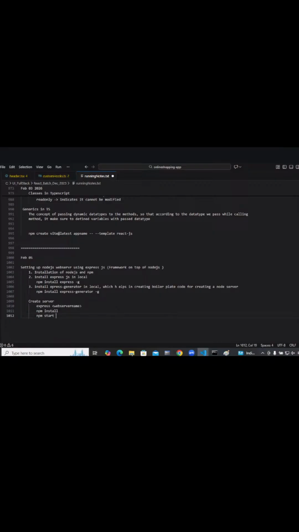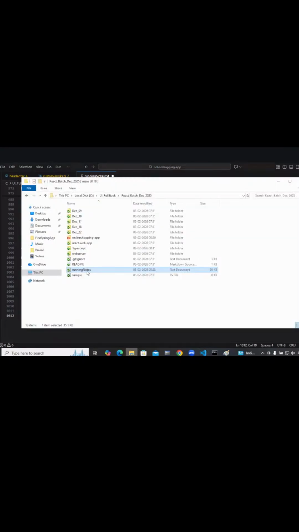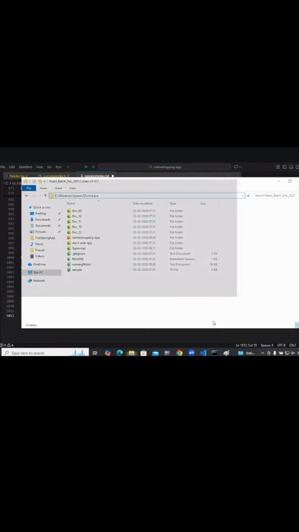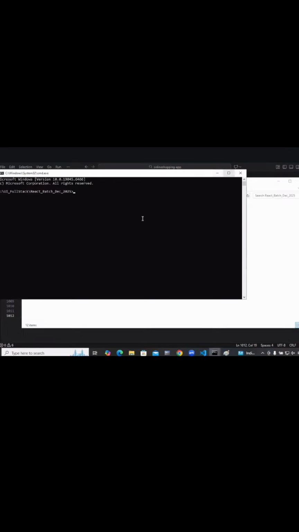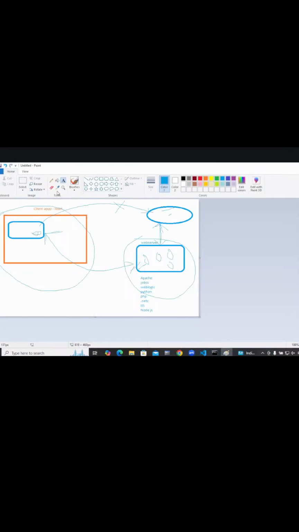Okay, let me go here. We already created one of the web servers. Let me delete this and create a new one. Now I'm coming to this command prompt. You see, I have nothing to do with your React.js. This blue box that I'm touching, what I'm going to create is this blue box, nothing to do with your React. That guy is completely independent. Now I'm simply working on creating a web server in my local so that I can create some web services.